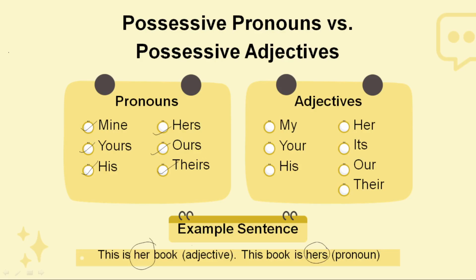Always remember, pronouns will be either at the start of the sentence or at the end of the sentence. If they come in the middle, don't accept them as a pronoun. That is a simple trick that you have to remember. Okay, here her came in the middle, hence it acts like an adjective. Here hers came at the last and it will be the pronoun for us. So pronouns always start and end the sentence.